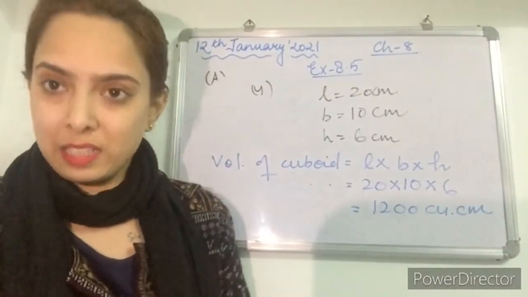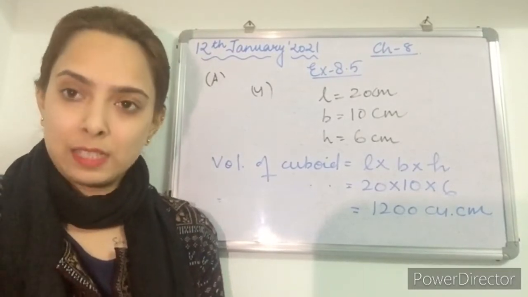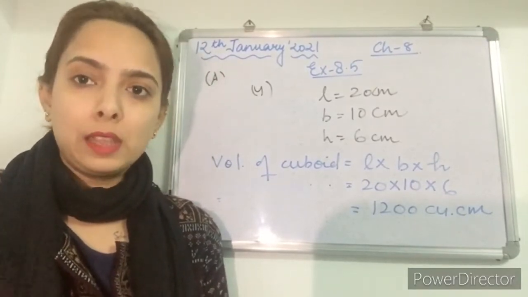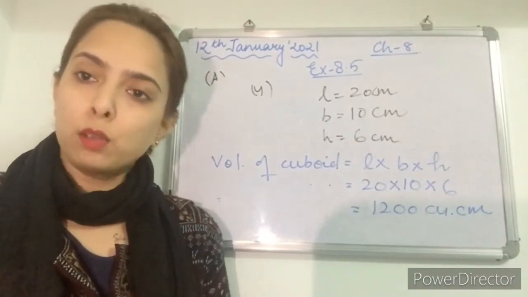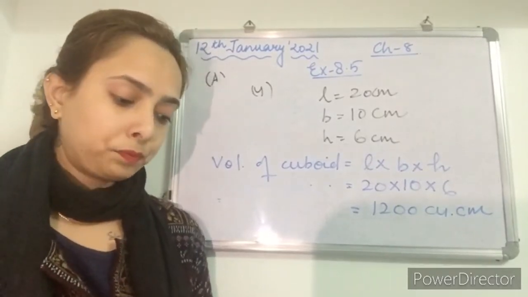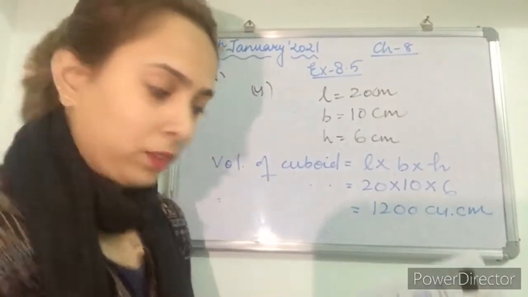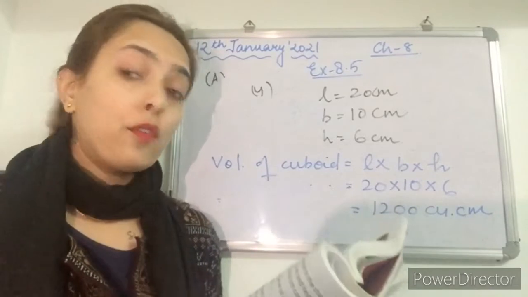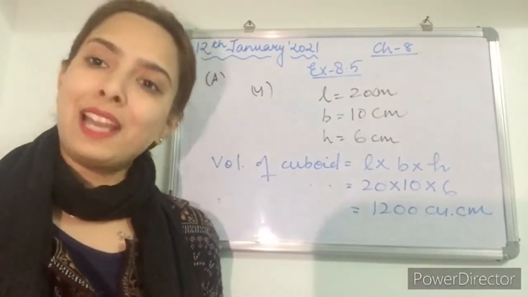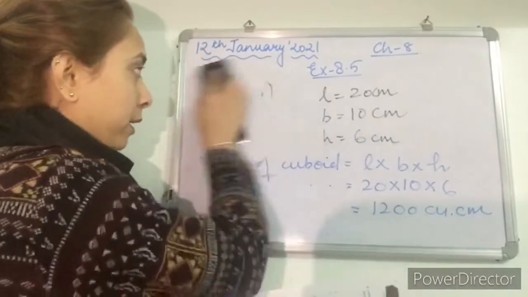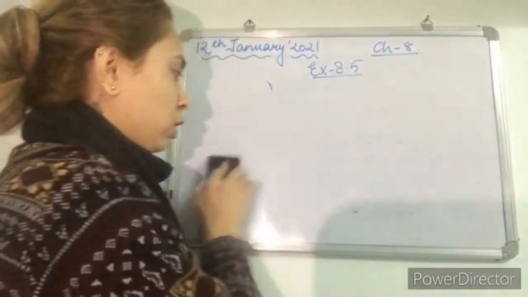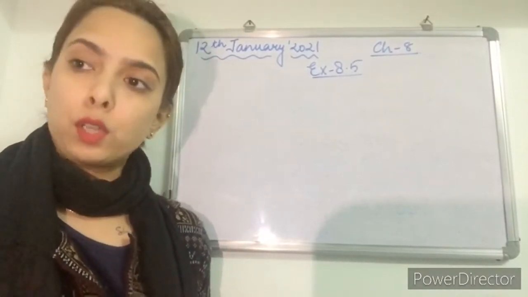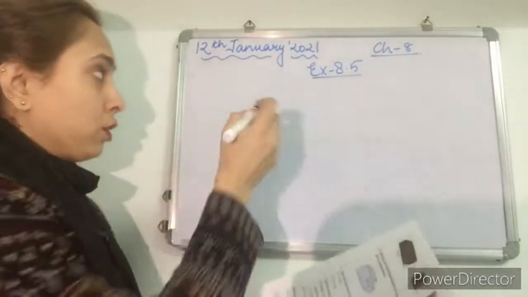All the questions are the same, the methods are the same, only you have to understand what is being asked in the question and apply the formula accordingly. Now C part of this question has two questions in it. First question is, find the volume of cubes whose edges are as follows. In the question only, it is mentioned that you have to find out the volume of cube, and each side is given to us.